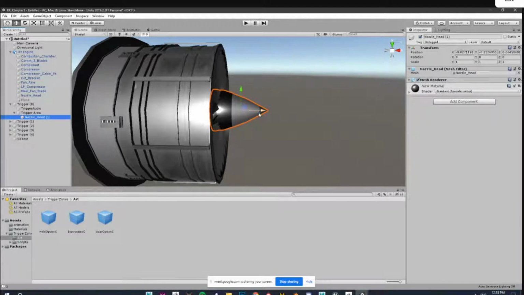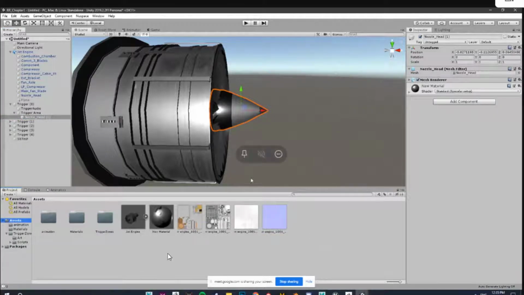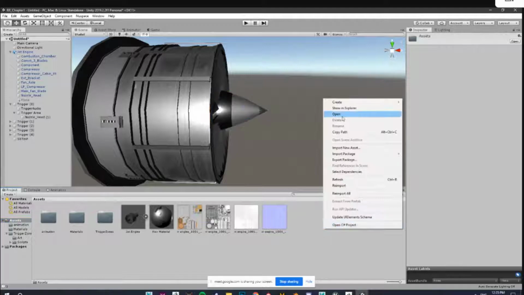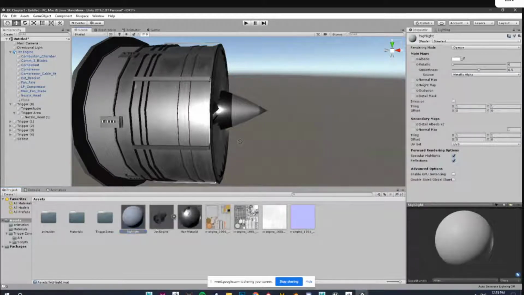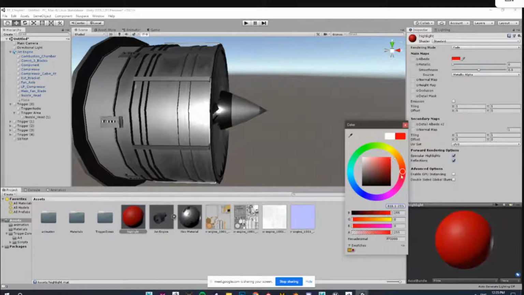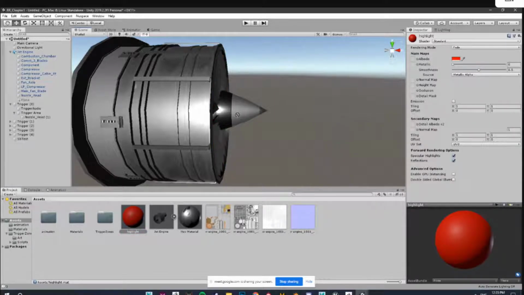So for this, we need to add a highlight animation. To create the highlight animation, we have to create one material. Let's call it highlight, and we'll change the rendering mode from opaque to fade, and let's keep it red, and we'll drag and drop it on this.